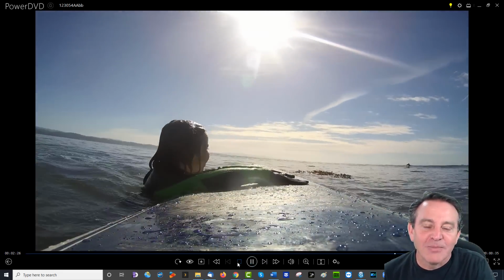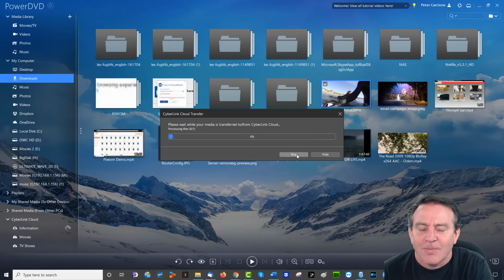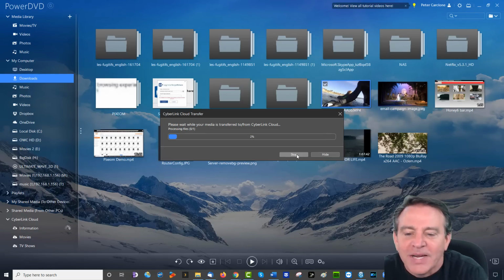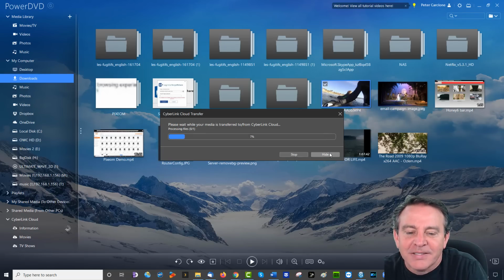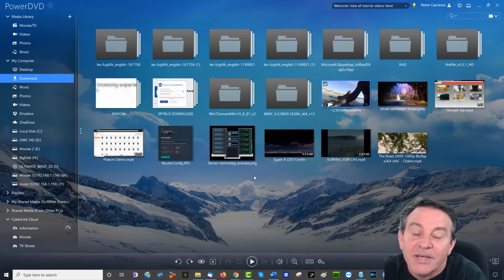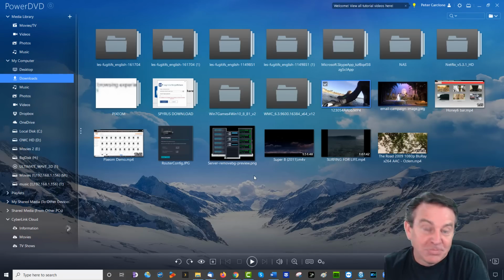And it's one of those great moments that you definitely want to share. And to share something like this, you just upload it to Cyberlink Cloud. Why not? It'll do that. In fact, you can hide it in the background. Great idea. This is a much better way to share things. And I love the fact that they give you a year free, and then they allow you to decide how much space you actually need. Great way to get stuff on board.